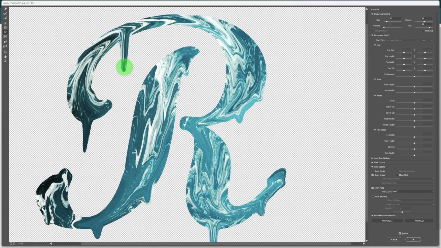So if I take the end of the little paint drop right here and I click and hold a little bit, you can see that it's blowing up. It's bloating right there. Be careful when you're using this one. You may have to experiment with your brush size. If you do it too close to the tip of the thing, it will shrink it down like that. So you kind of want to do it up on the body a little bit